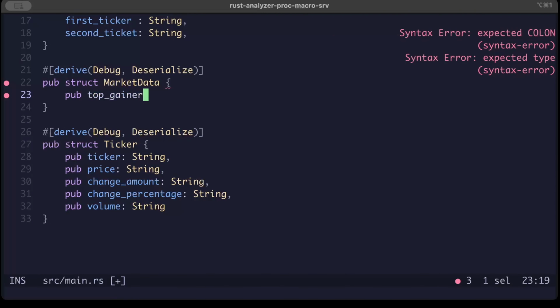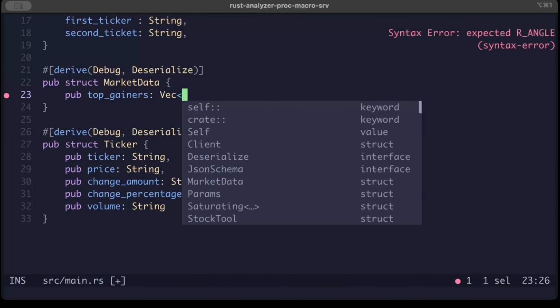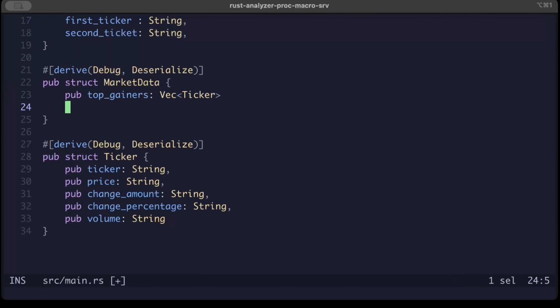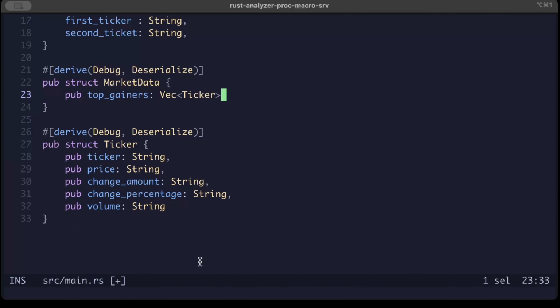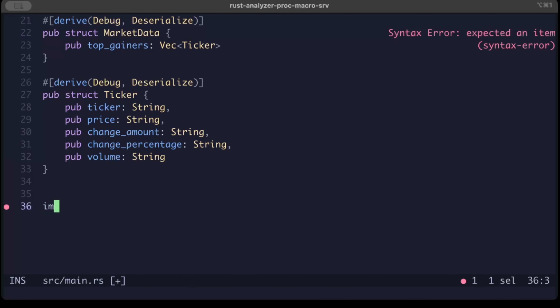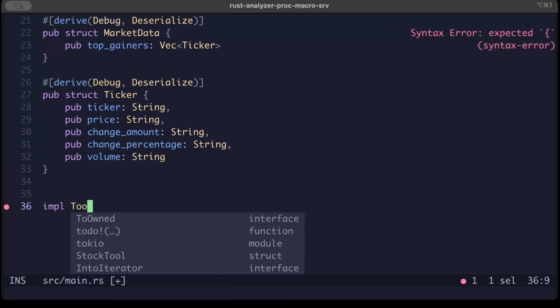Top gainers as a vector of Ticker, and we can also have most actively traded, or top losers if you want your model to be smarter. Let's say a user asks something that's not in top gainers, but you still want to answer if it's actively traded or in the top losers. But I'll just stick with this for now, because the goal is to help you understand how we can build the tooling. And then impl Tool